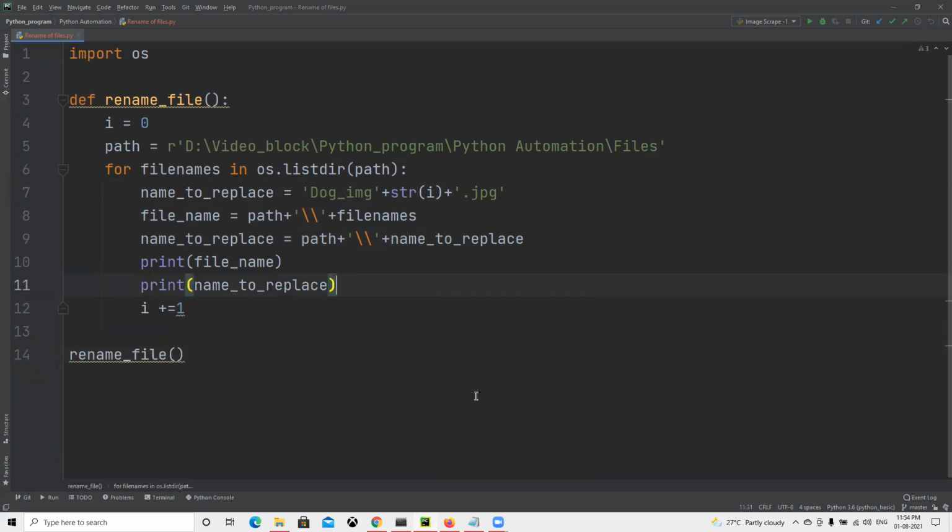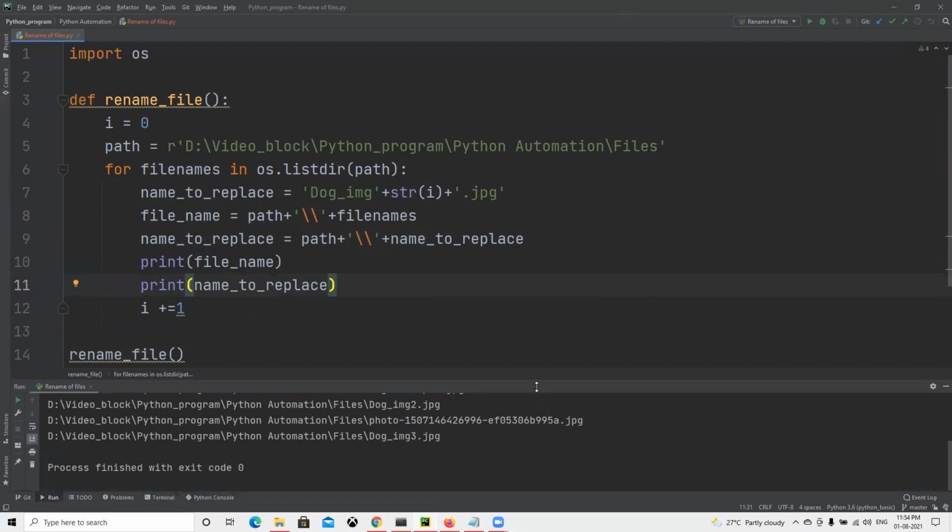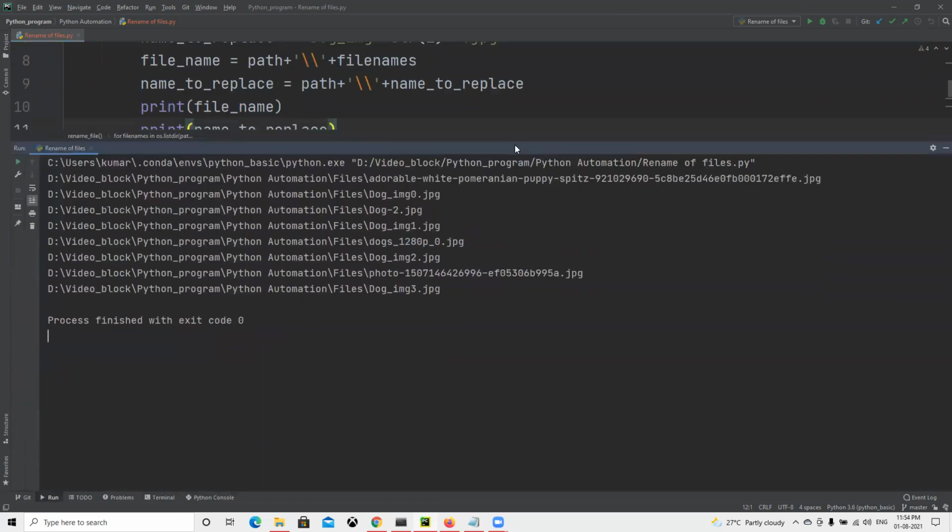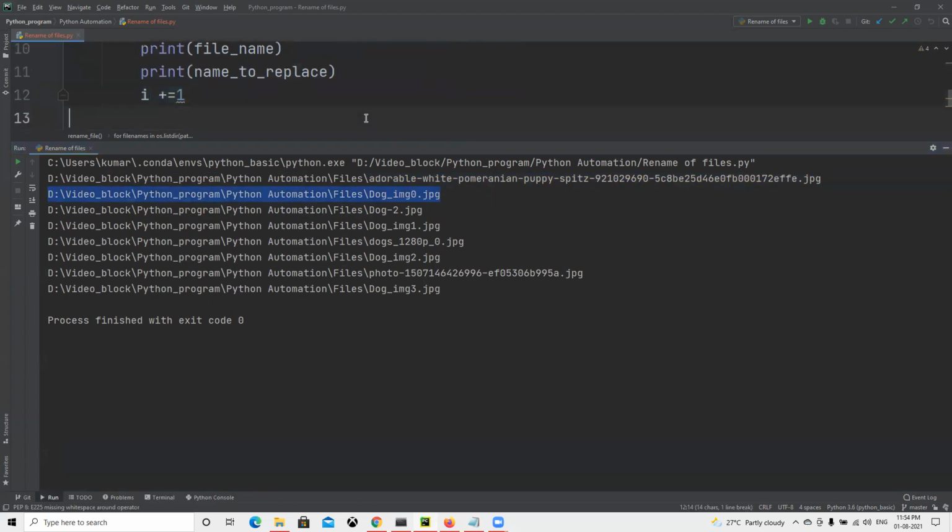So first we'll try to see how it's going to work. I will go ahead and run this one. Now if we show you, you can see that first it's going to print the file name, that path, that D drive. This one it's going to replace with this name, whatever name we have concatenated.